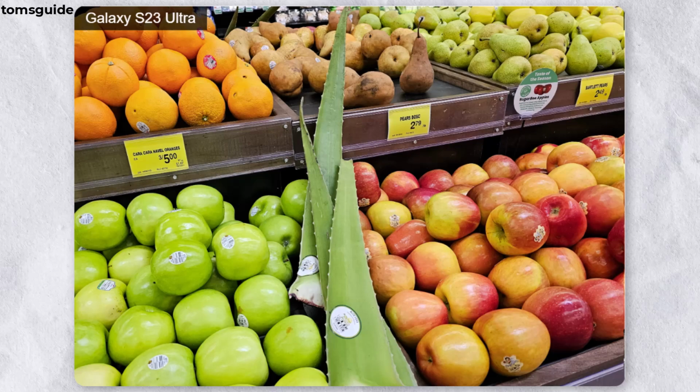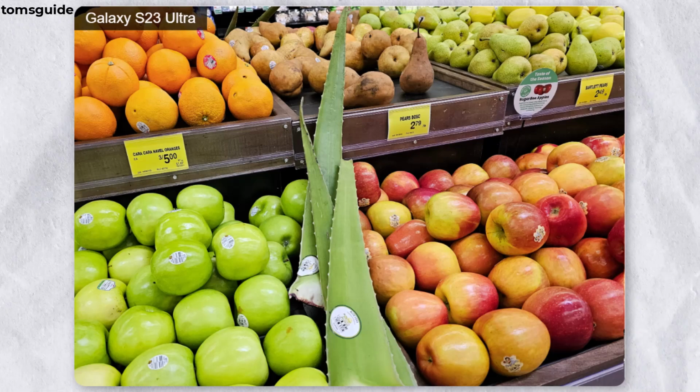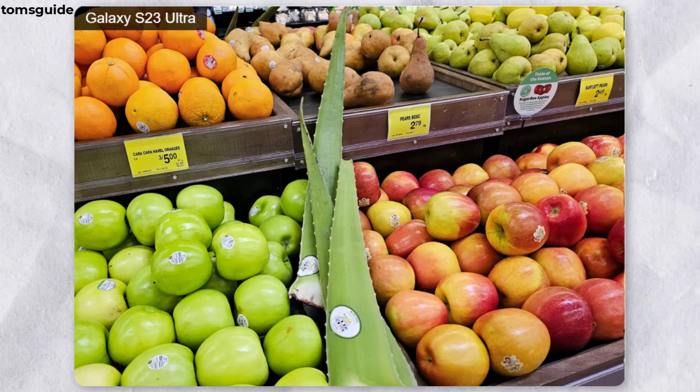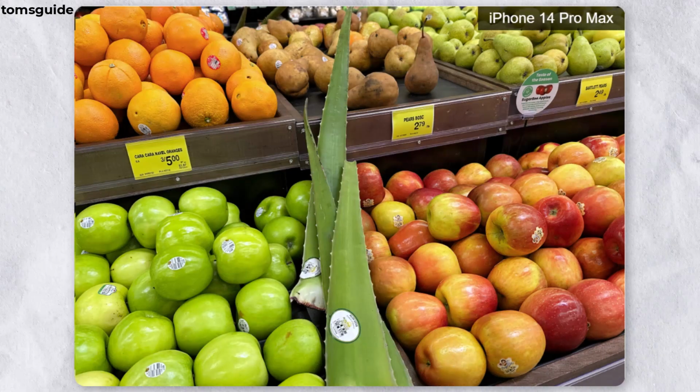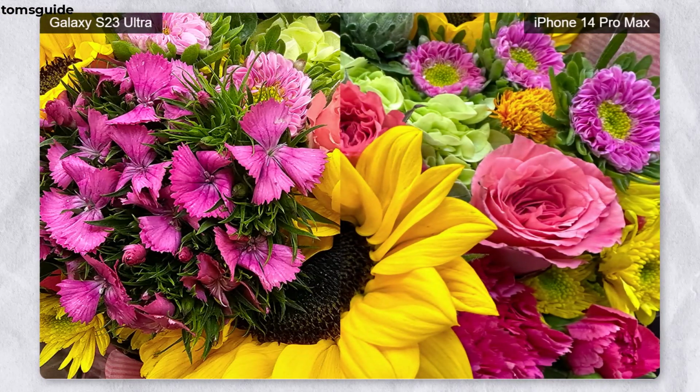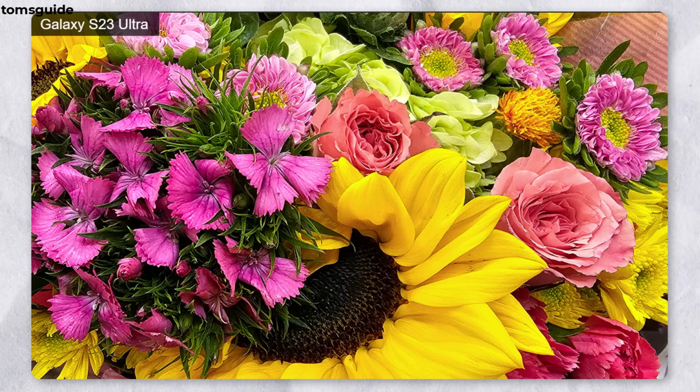Turning to some fruit, I think the Galaxy S23 Ultra's shot is too bright here, especially in the apples, though the pears in the background look a bit better. The iPhone 14 Pro Max has a more even exposure overall. Both photos of a colorful bouquet of flowers here look inviting, but upon closer inspection, I like how the S23 Ultra pulls out more detail in the petals on the left-hand side, and the center of the sunflower is a